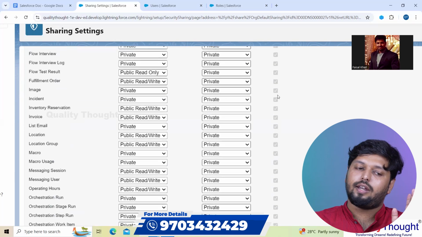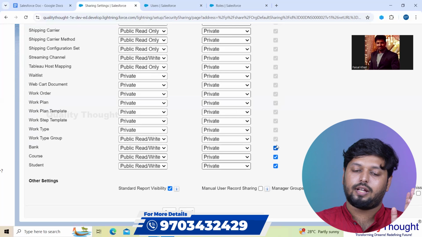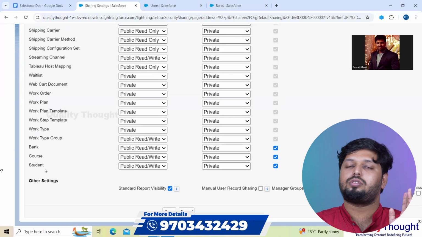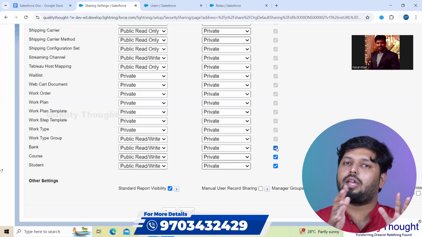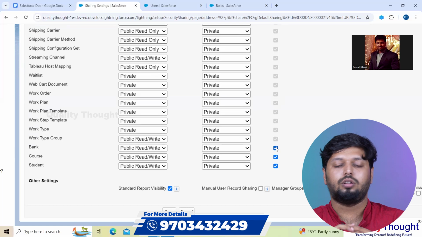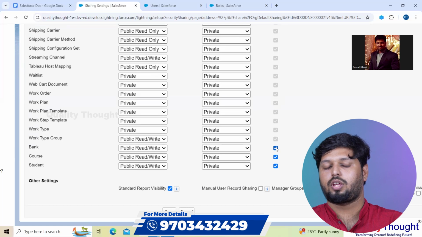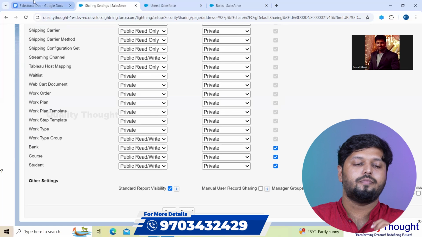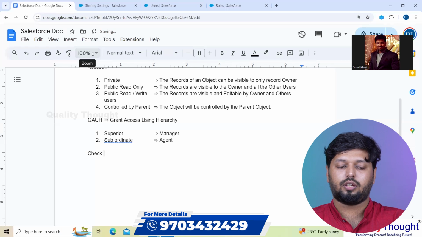For standard objects, I'm not able to change this. But for custom objects like bank, course, and students, I'm able to check or uncheck this. I can make changes here. Now, what happens when you check this? What happens when you uncheck this? So first, when you check Grant Access Using Hierarchy,